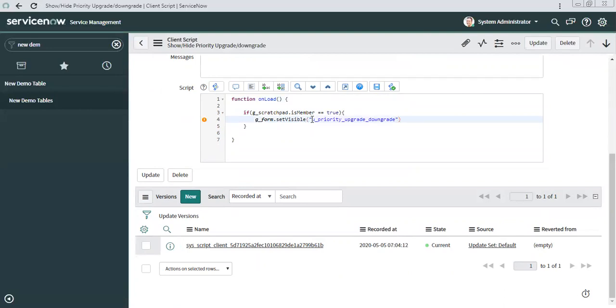Then we want it to be visible, so true. Else, false.